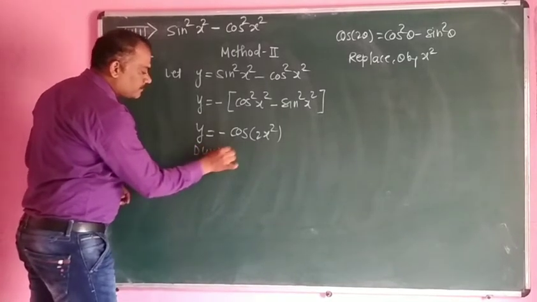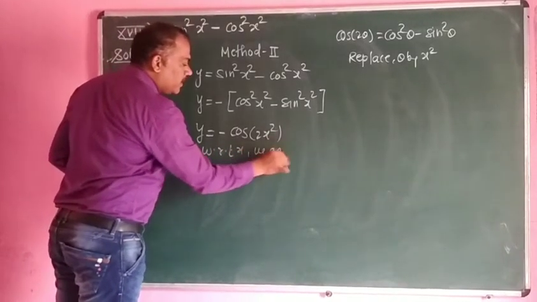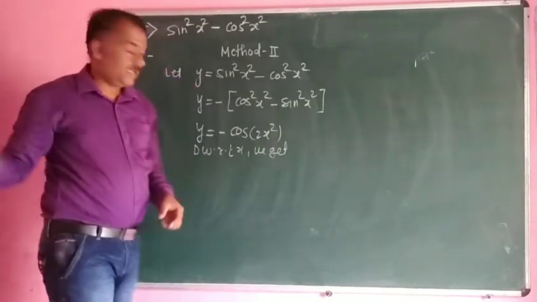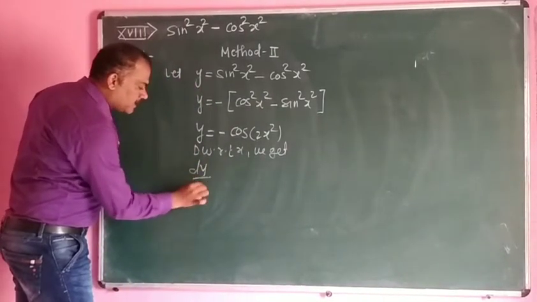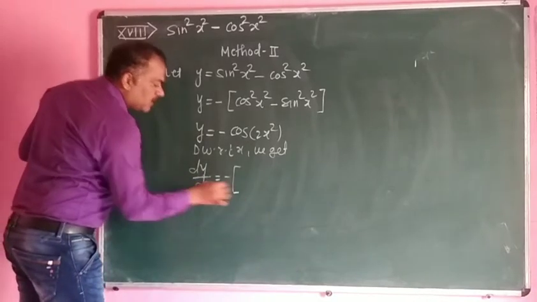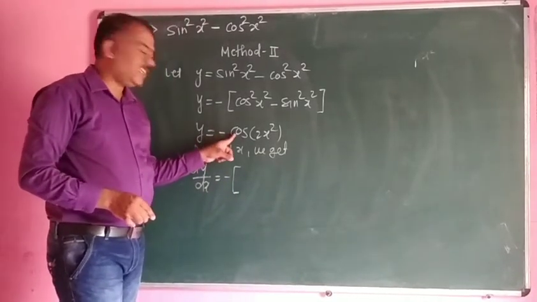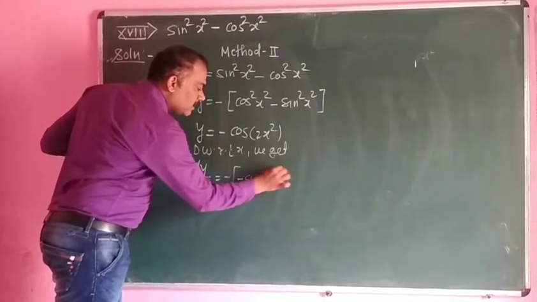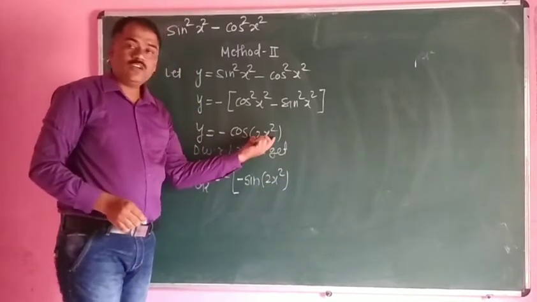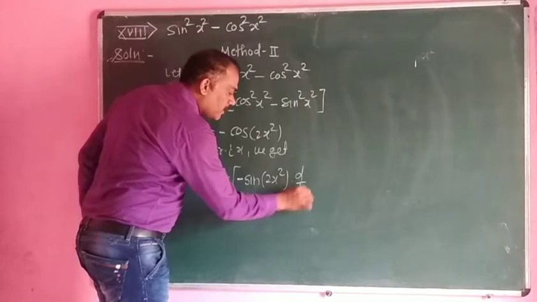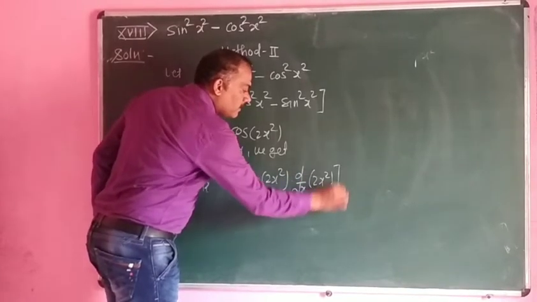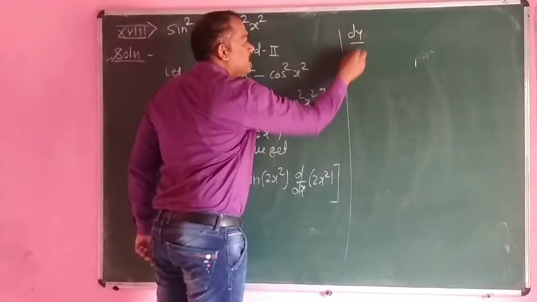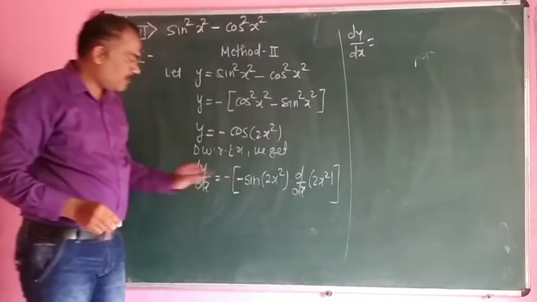By differentiating with respect to x we get, dy by dx is equal to minus, the original minus sign is there. Now we take the derivative of cos. What is the derivative of cos? Minus sin, with the angle as it is, 2x square, into d dx of 2x square. That is dy by dx is equal to, this minus minus becomes plus, so we can write sin of